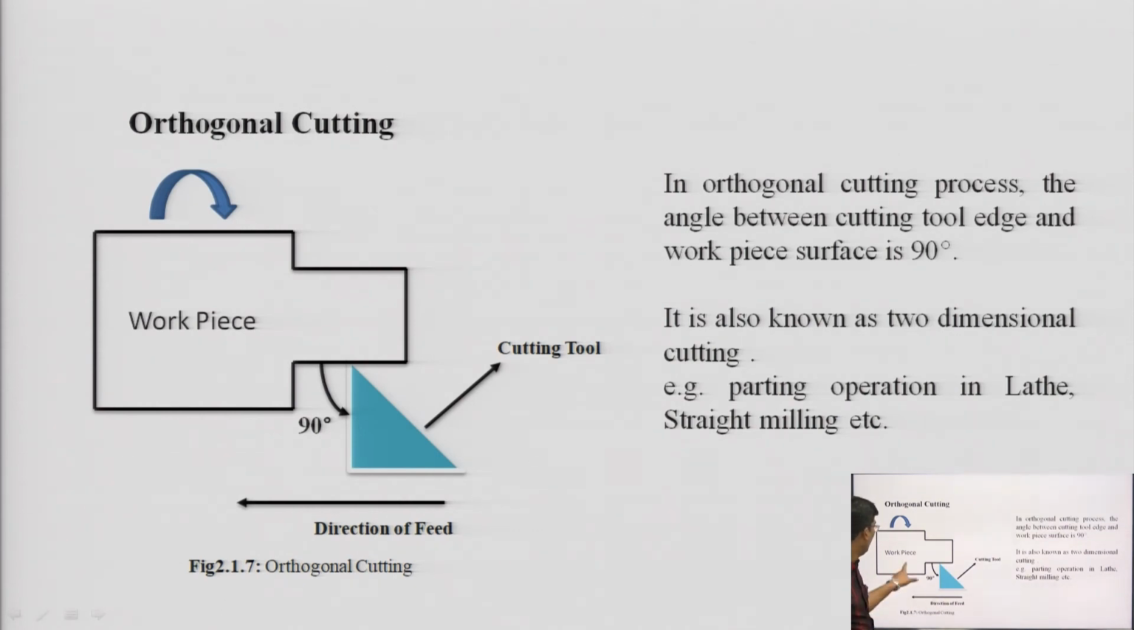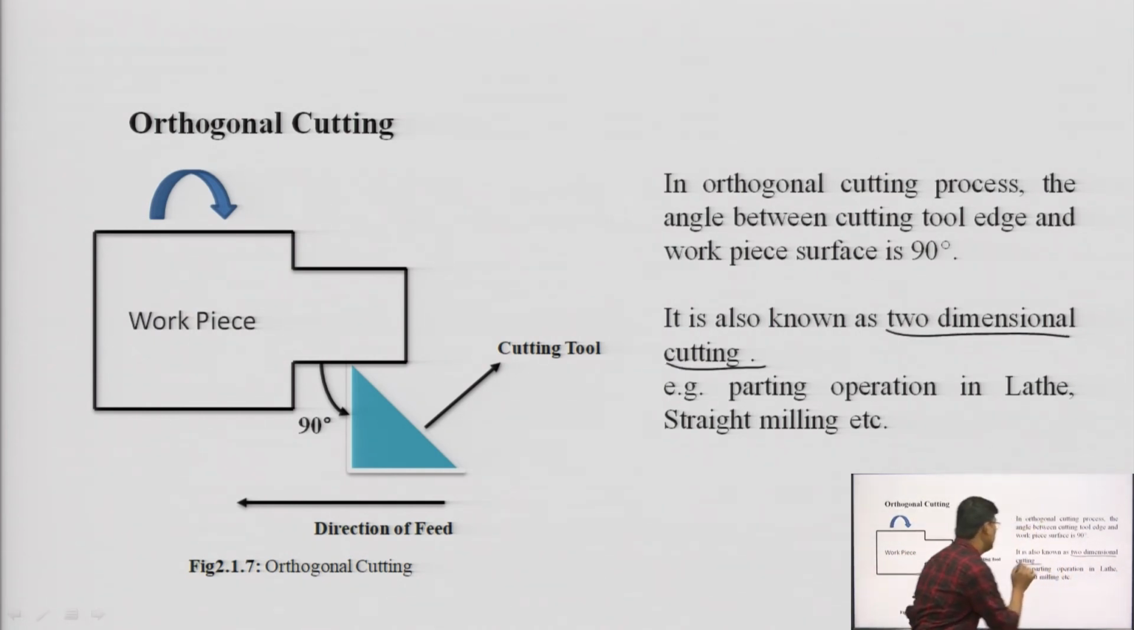ठीक है, ऑर्थोगोनल कटिंग और ऑब्लिक कटिंग में हम बात करेंगे। This is a workpiece. When the cutting tool makes contact with the workpiece surface at 90 degrees, इन दोनों के बीच में अगर एंगल 90 डिग्री का है, this is known as orthogonal cutting. It is also known as 2 dimensional cutting, और मोस्टली जो यूज़ होता है हमारे यहाँ यही होता है। जितने भी एनालिसिस होते हैं मोस्टली ऑर्थोगोनल कटिंग पे ही बात होती है।